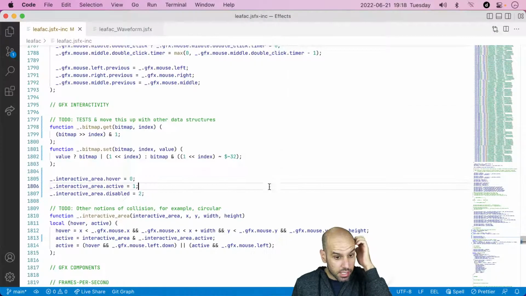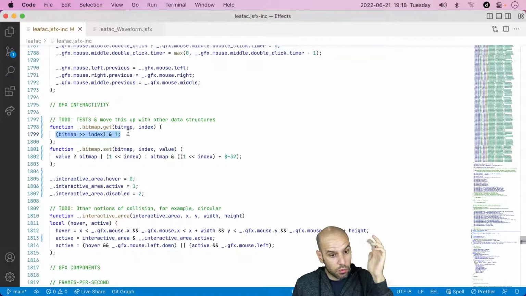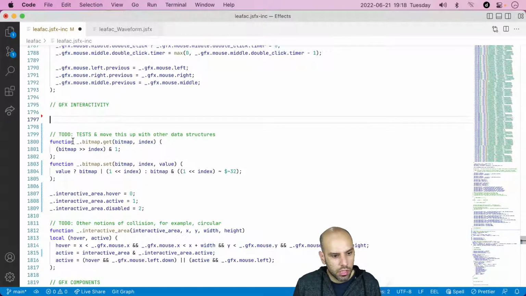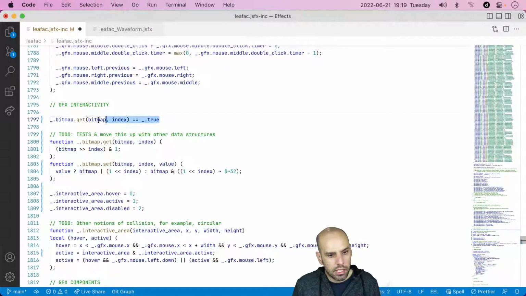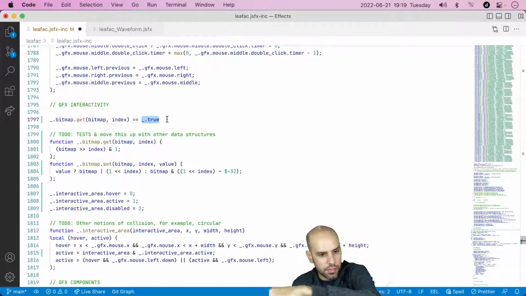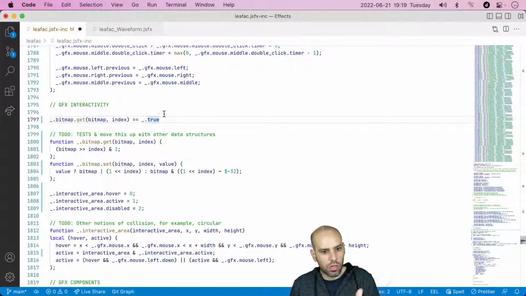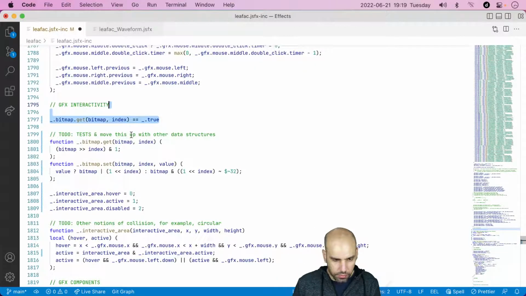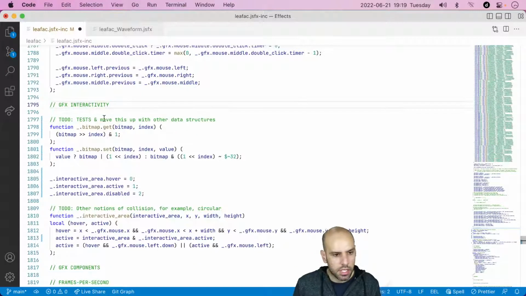I don't think it's nicer or more efficient than what I wrote before, but I agree that it is giving me a true Boolean, so to speak, and that you can compare the output of bitmap get with true, which can come in handy depending on what you're doing, because sometimes you have variables that can be true, false, or something else, like perhaps undefined, right? So being able to do this kind of comparison is a nice thing. All right,